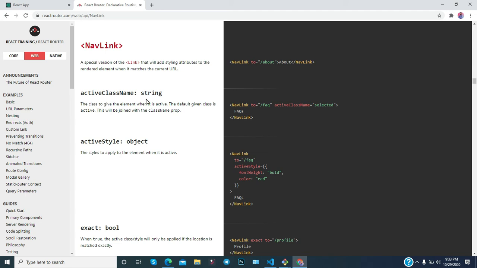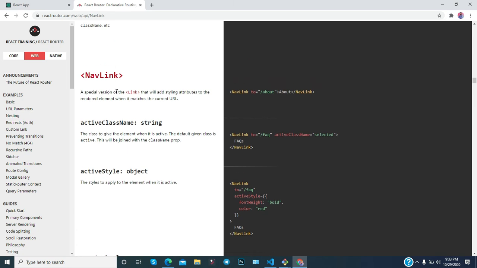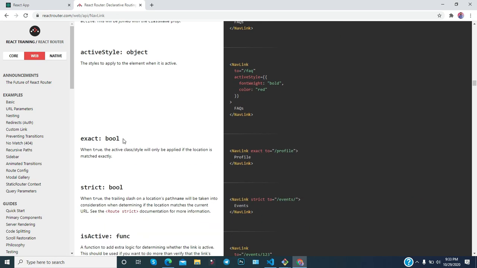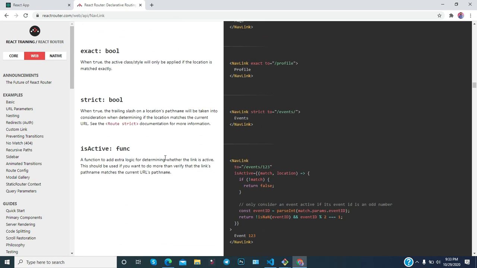You can use only Link also, but using NavLink you will get a lot of other styling. As you can notice, it is a special version of Link that will add a style attribute to the rendered element when it matches the current URL: activeClassName, activeStyle, exact, strict, isActive, like that.